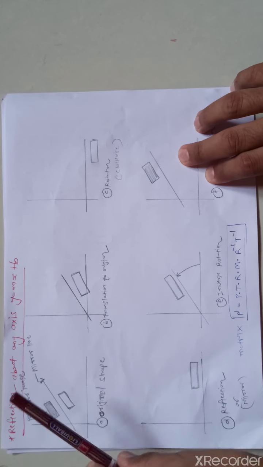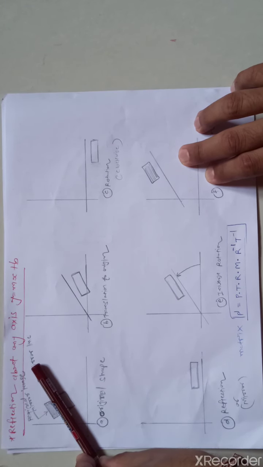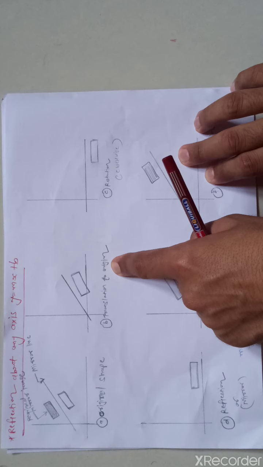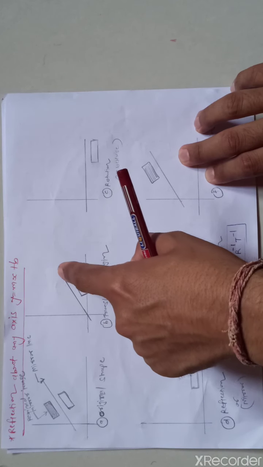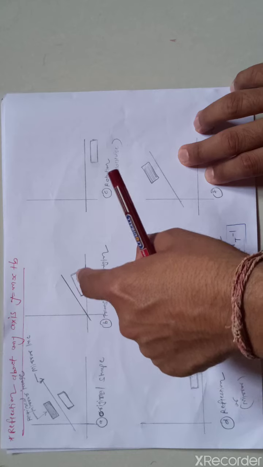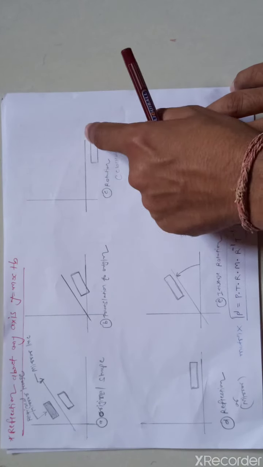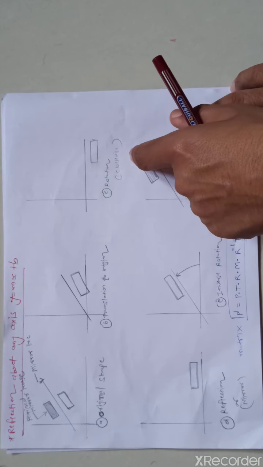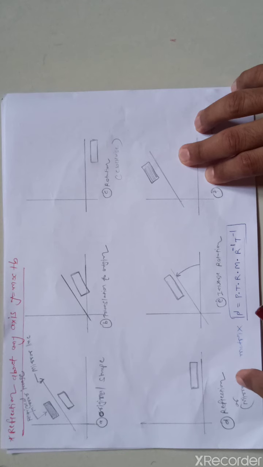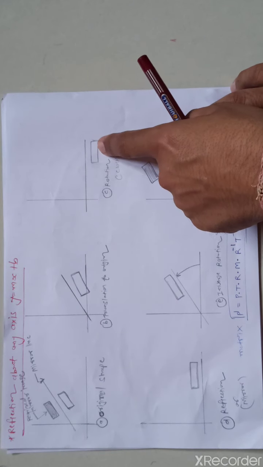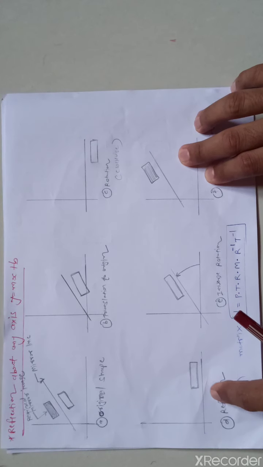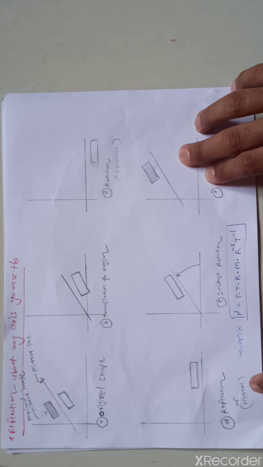Now first we move this line to the origin, which means we perform the translation operation. Then we rotate this line up to the x-axis, so the x-axis is meshing with the line and we get this rotation. Then we reflect this object about the x-axis. So we get this position of the object, which means we perform the reflection or mirror operation.